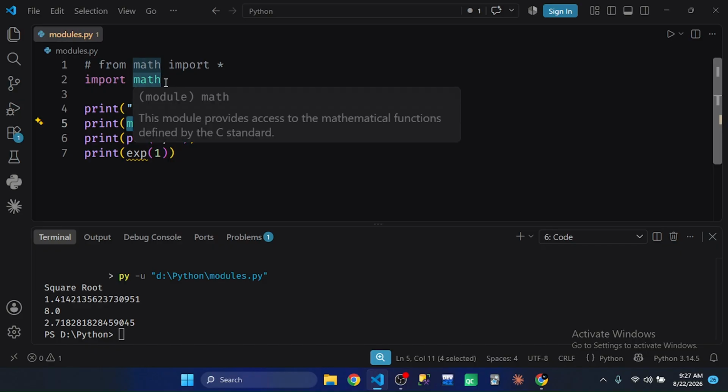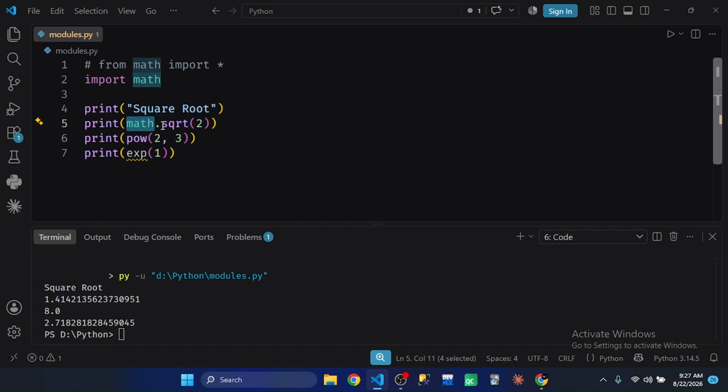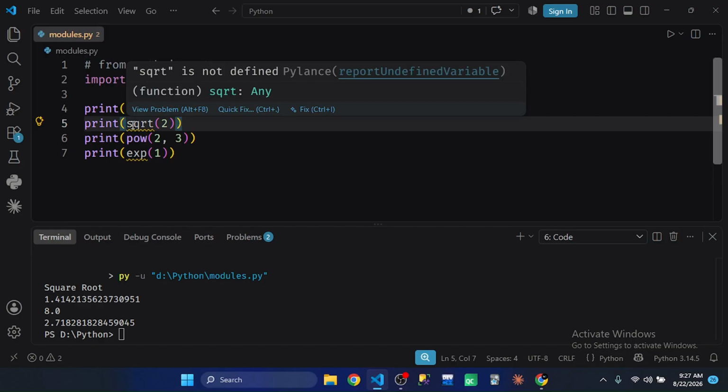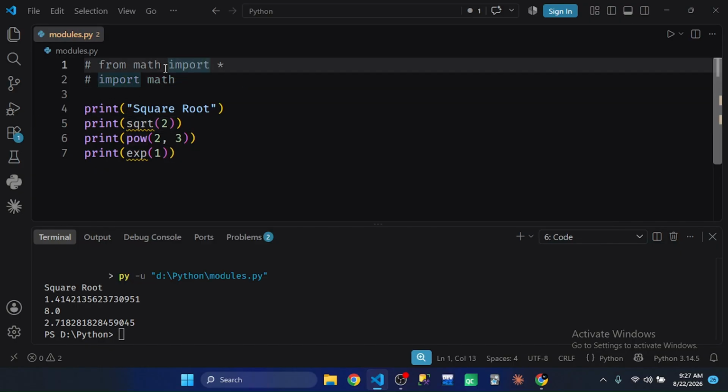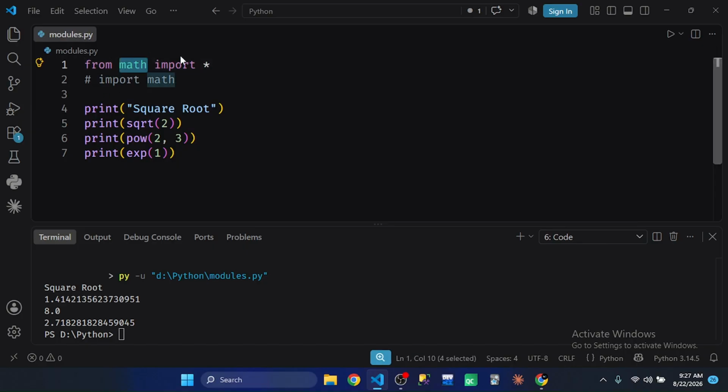But if we don't want to use that module name, and want to directly access the elements of that module, we can use from module name, which is math, import star, which means everything. But it is generally discouraged